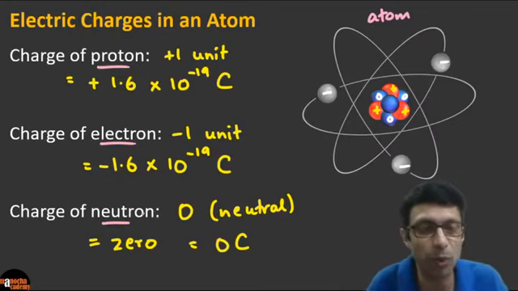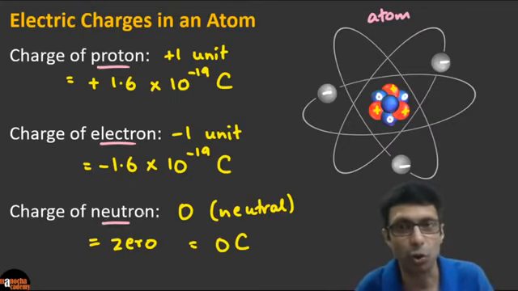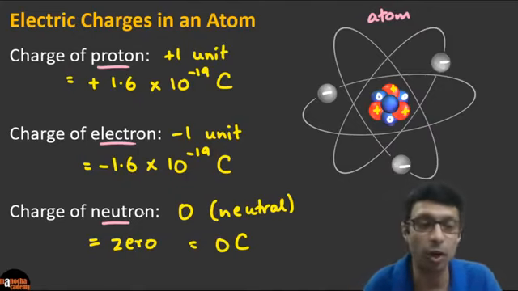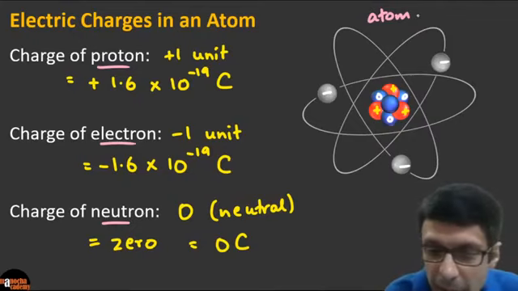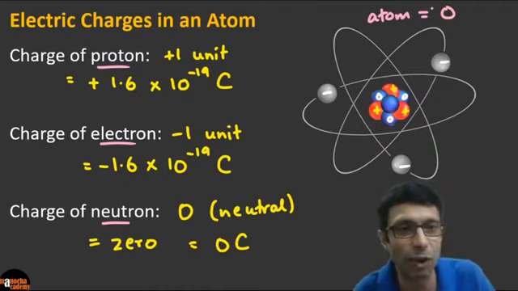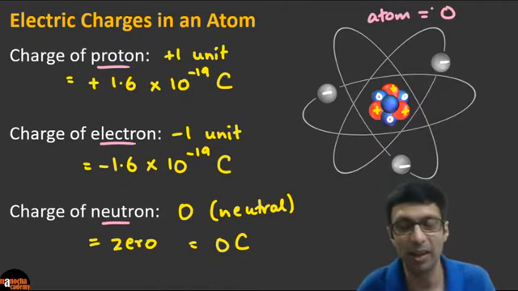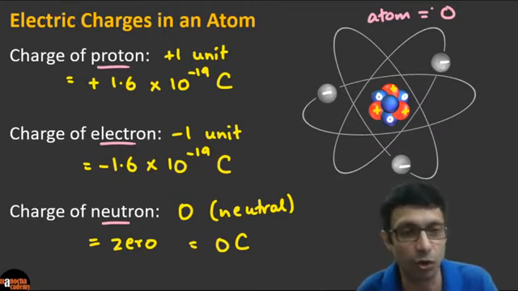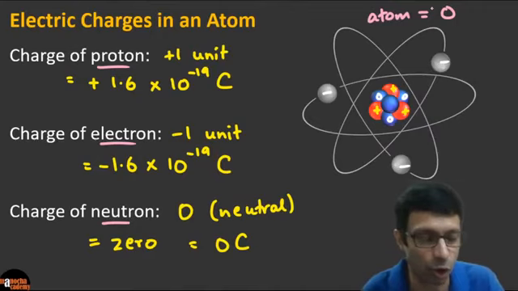Very good. Awesome. And you know that the atom is made up of these subatomic particles, which are charged particles, right? Because we are talking about electric charges. So we have to note that protons and electrons are the charged particles in an atom. But guys, what is the charge of the atom? The atom itself has 0 charge. It's neutral because the protons and electrons cancel each other. The charges of a proton and electron will cancel each other, so the atom is neutrally charged. Okay, it has no charge.